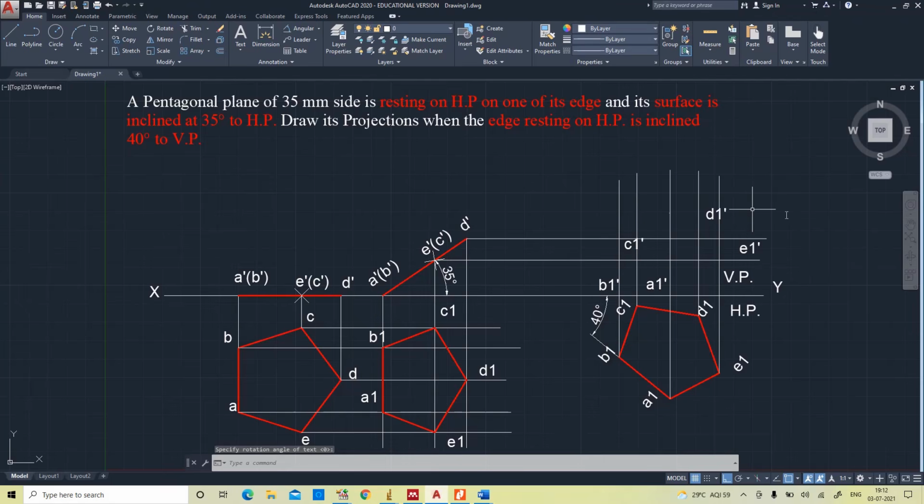Now we have all the 5 points connected using polyline command. Polyline A to B, B to C, C to D, D to E, E to A. See, this will be the final front view.